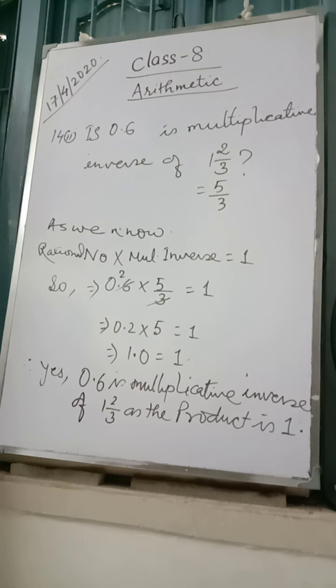Number 15. Write the additive inverse and reciprocals of the following. That you have to write. I am not going to write it. Number 16. Divide the additive inverse of this by its reciprocal. What would have been the result had we multiplied the additive inverse of this by its reciprocal? Now here it is asked to divide. First we have to find the division. Just see.